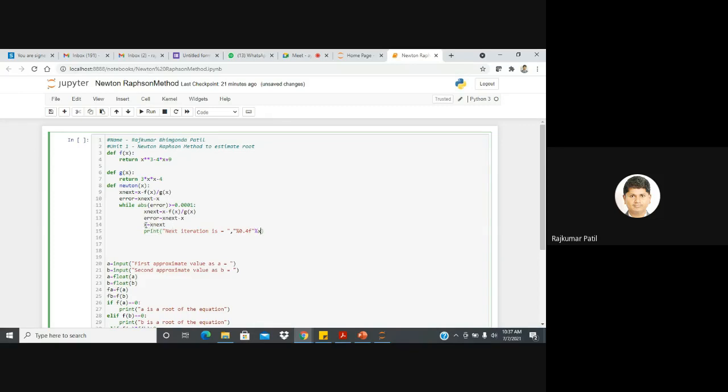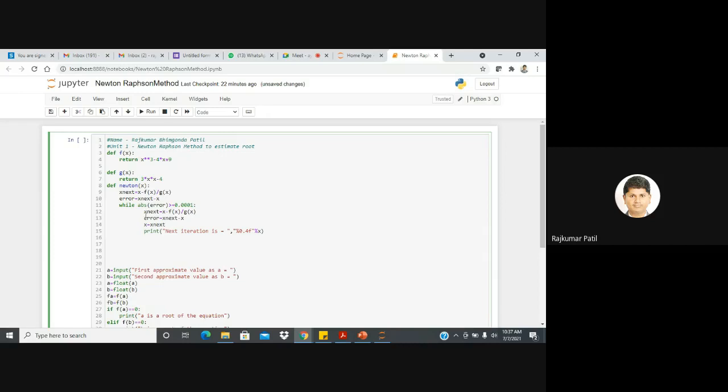So whatever new value is assigned to x, we are printing by using this particular print line or command, and you will get next iteration is. So here the value of x will be printed and its accuracy or number of decimal points will be controlled by %.4f. As per your requirement, you can modify this.